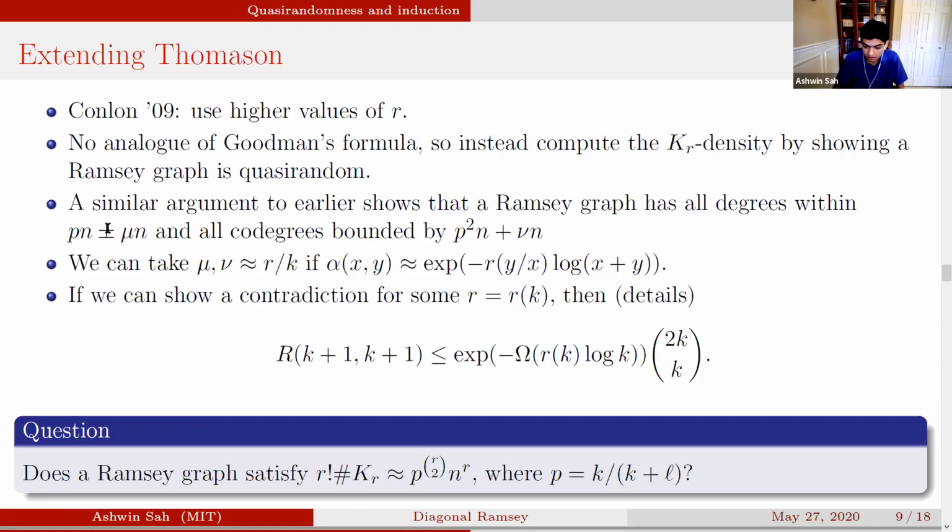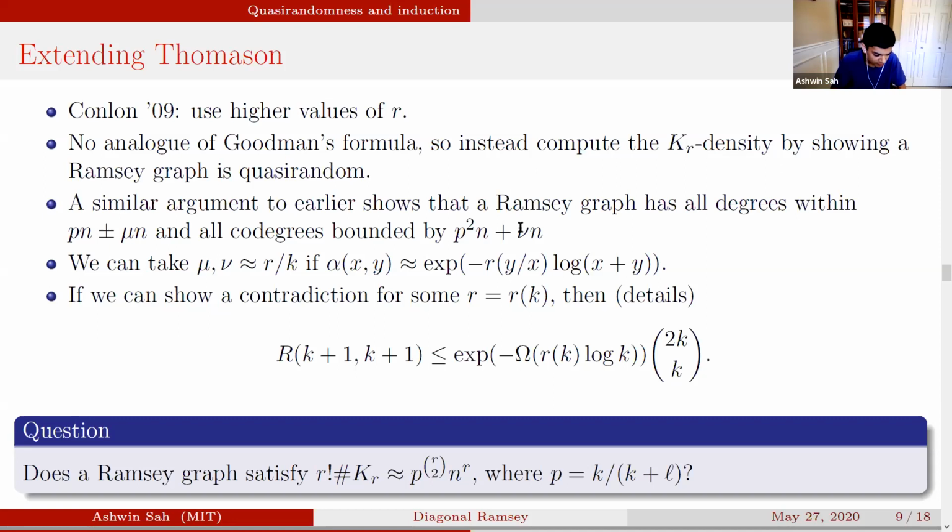But actually, the quasi-randomness gets C4 counts, and the bound that you get there is not quite strong enough. You actually get a loss if you try to just work directly from the C4 counts and the quality you have. So it's necessary to keep these degree and co-degree conditions and use those instead.